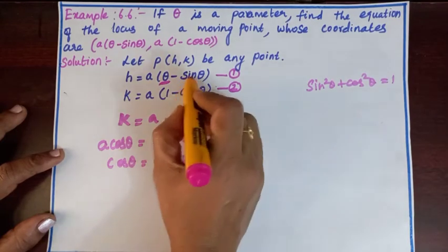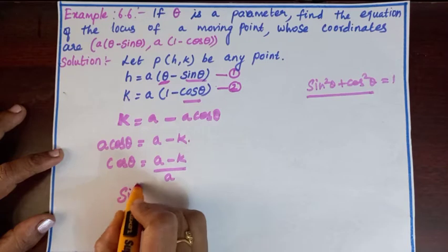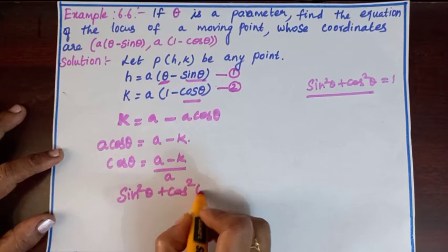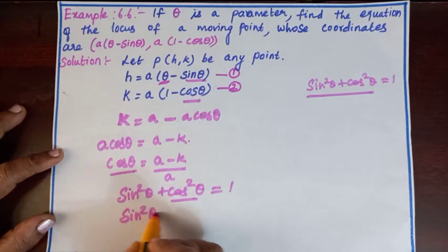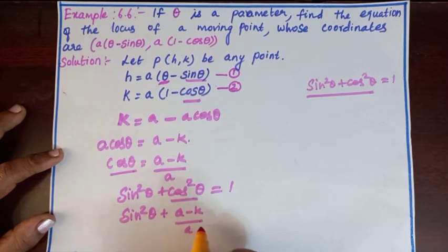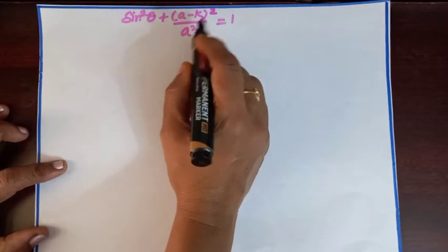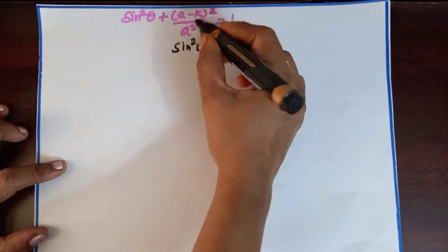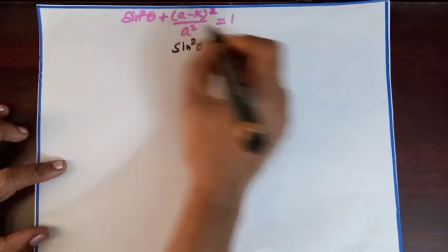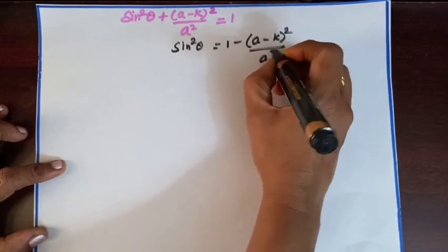Now I need to find sin theta. To find sin theta, I am going to use this identity. Sin square theta plus cos square theta equal to 1. In the place of cos theta, I am going to substitute this. Sin square theta plus a minus k by a the whole square equal to 1. Sin square theta plus a minus k the whole square by a square equal to 1. I am going to have only sin square theta in the left hand side. I am going to bring a minus k the whole square by a square to the right hand side. Plus will become minus. Then we get minus of a minus k the whole square by a square,